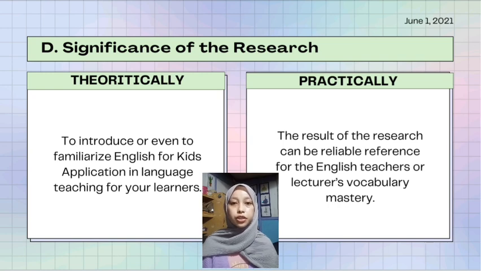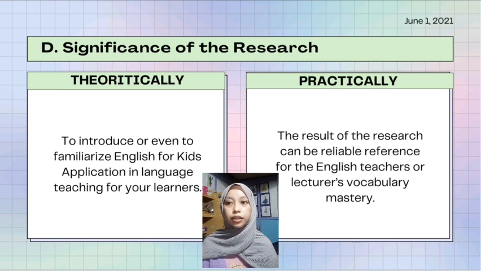So this research is expected to determine the effectiveness of English for Kids application to improve vocabulary mastery for young learners. Basically, there are two kinds of research significance, namely theoretical and practical significance. The first one is theoretical significance.